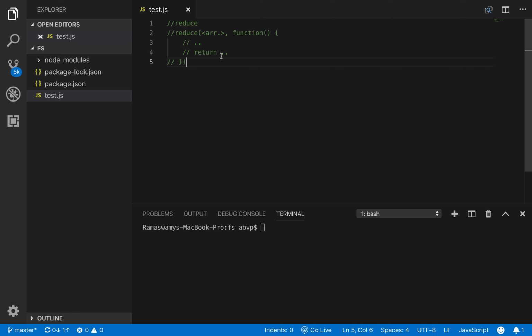So that is the difference. It looks similar to map and filter, but it is different in this sense. It returns a single value, whereas map and filter return an array.